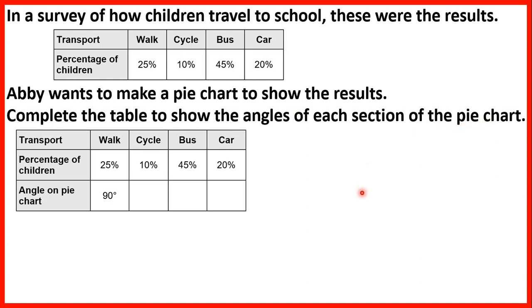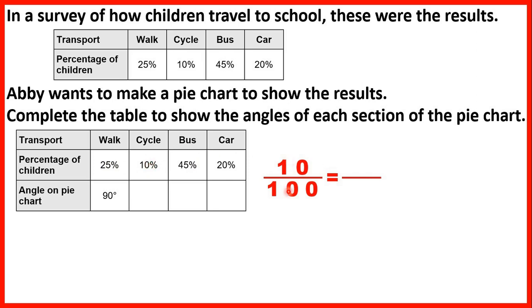So in a pie chart, we have a point in the middle, and we have angles around that point. So the angles on a pie chart need to total 360 degrees. So what we can do is find equivalent fractions for these percentages, which have a denominator of 360. 10%